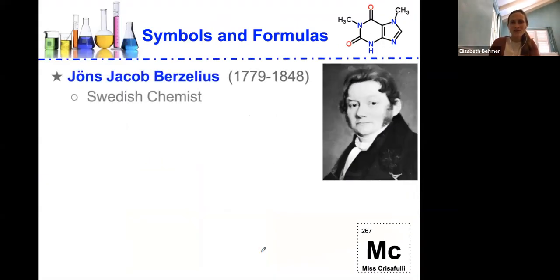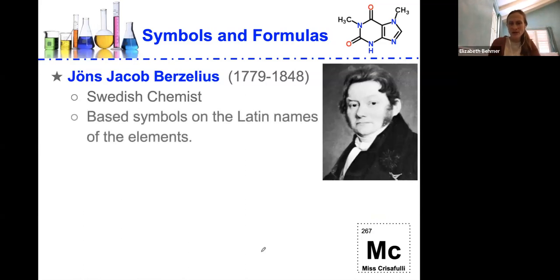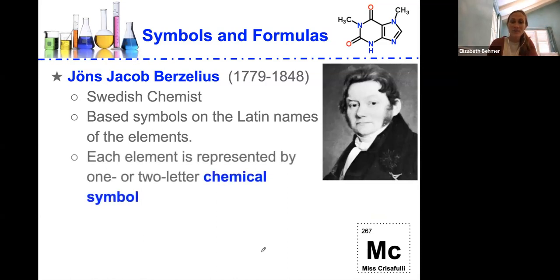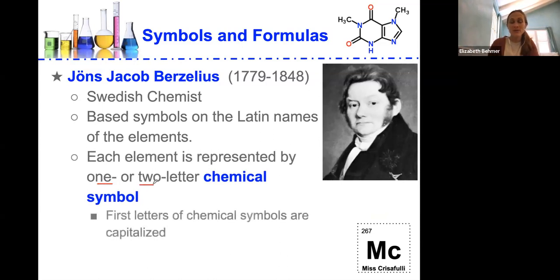More about symbols and formulas, we have Berzelius, who was a Swedish chemist, kind of around the same time frame, who based the symbols on Latin names of the elements. So he got down to the Latin roots of the elements, and each element is represented by a 1 or 2 letter chemical symbol. The first letters of chemical symbols are always capitalized, and if there is a second letter,